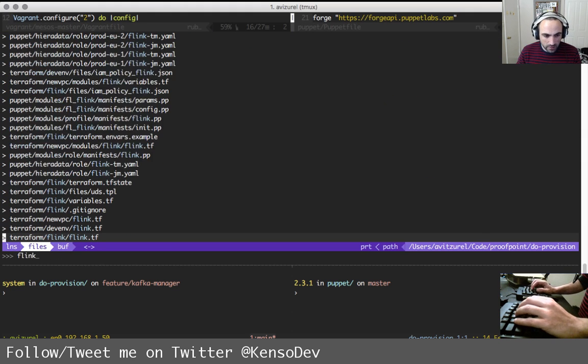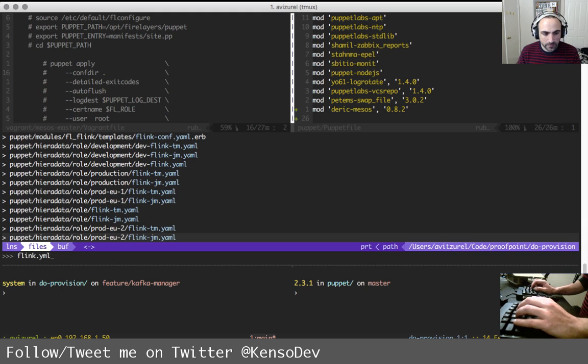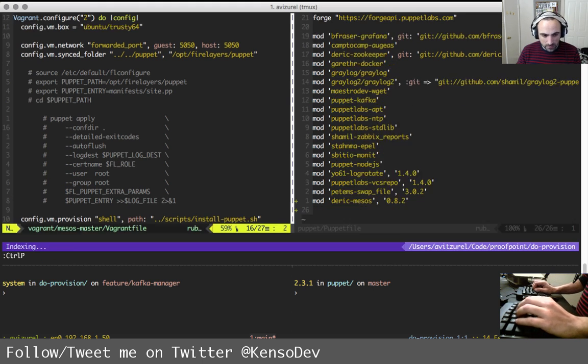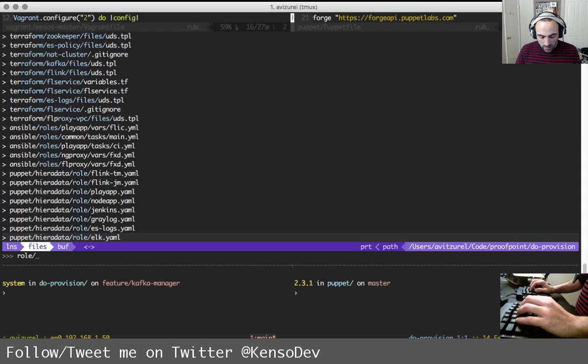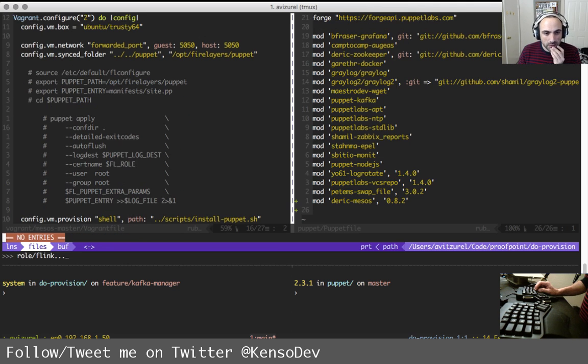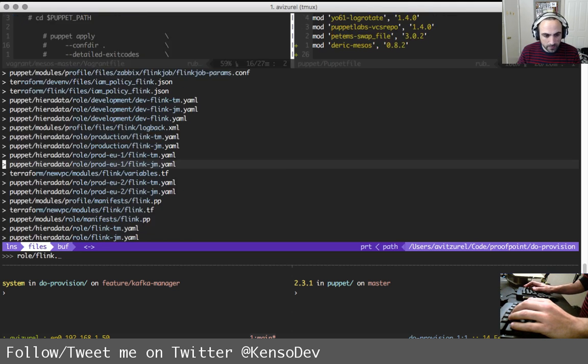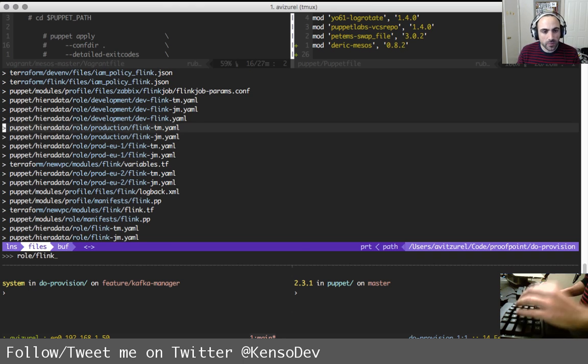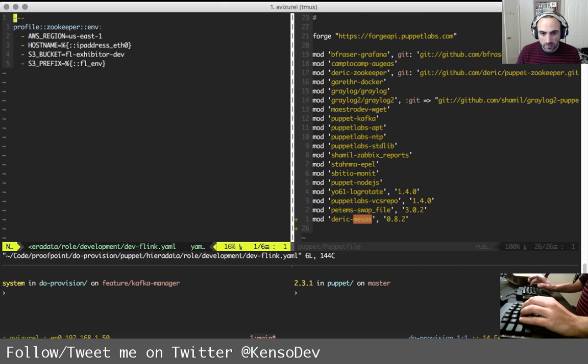Let's look at flink.yaml. All right, so this is the flink.yaml for production. I want development, so flink. There it is. Okay, so we have profile zookeeper, environment, AWS region.